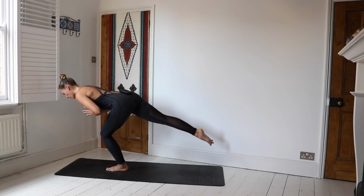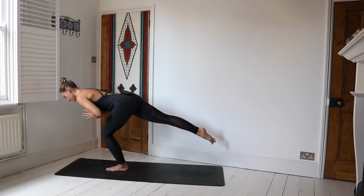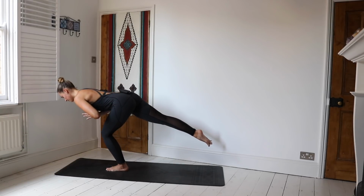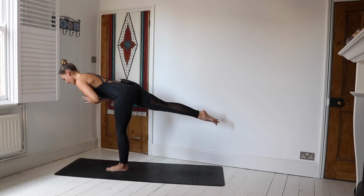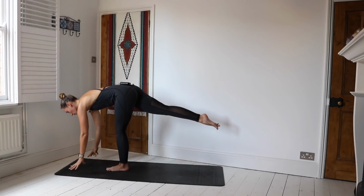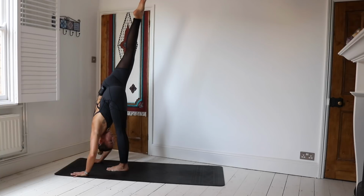So lowering for 1 and straighten. 2 and straighten. 3, straighten, and 4, straighten, last time, 5, and straighten, lower the hands down, come to standing split, taking just a little breath here,